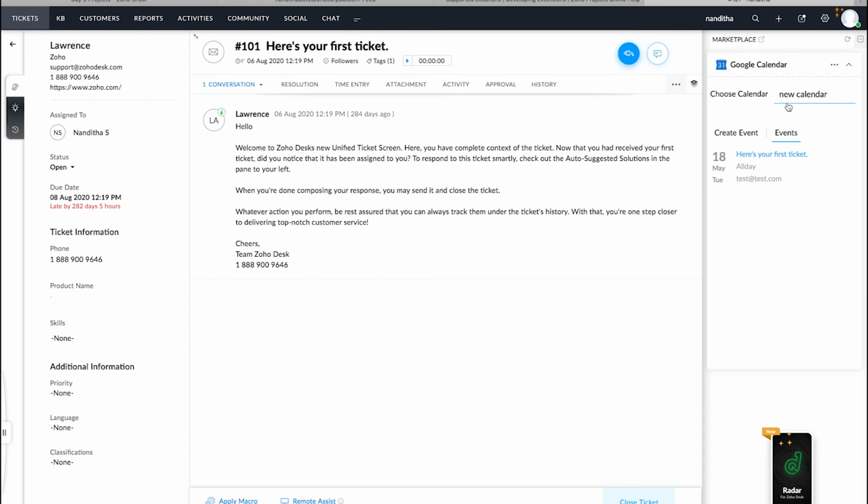And here by default, your calendar names will be displayed, and you also have the create event and the events tab. So I already have an event which is created and associated with this particular ticket. If I want to create a new event, I can go ahead and create an event.